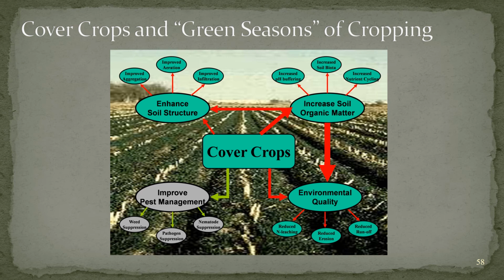So cover crops have a multitude of benefits to the farmer. The trouble with cover crops in this region, especially, is that our frost date is October 15th, and generally speaking, our time of harvest is based on when we're able to plant. Because we usually have late rains or a late winter, we tend to not be able to get things in the ground, and it causes us to harvest, depending on soybeans or corn, anywhere from September through the beginning of October. Now, our frost date is October 15th.